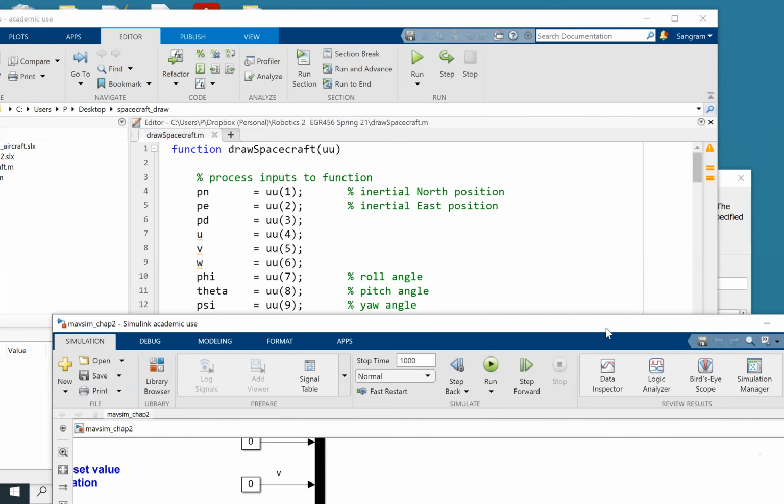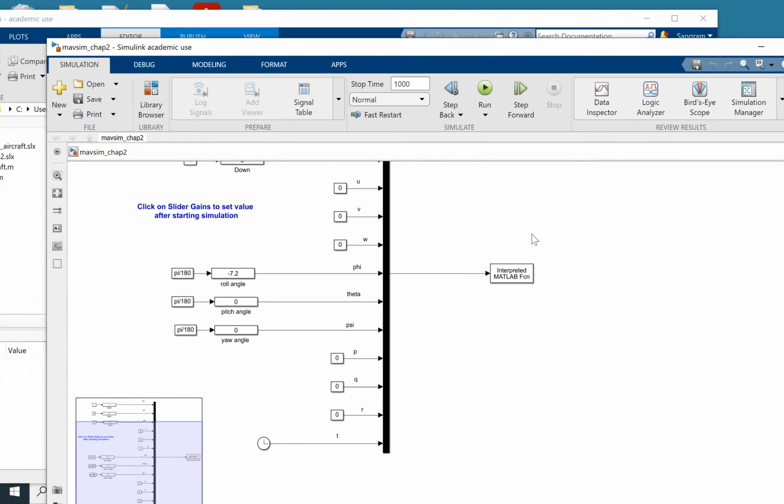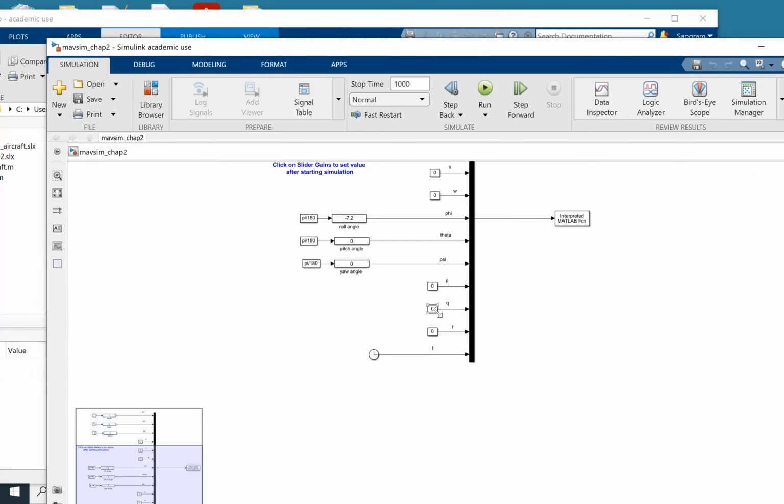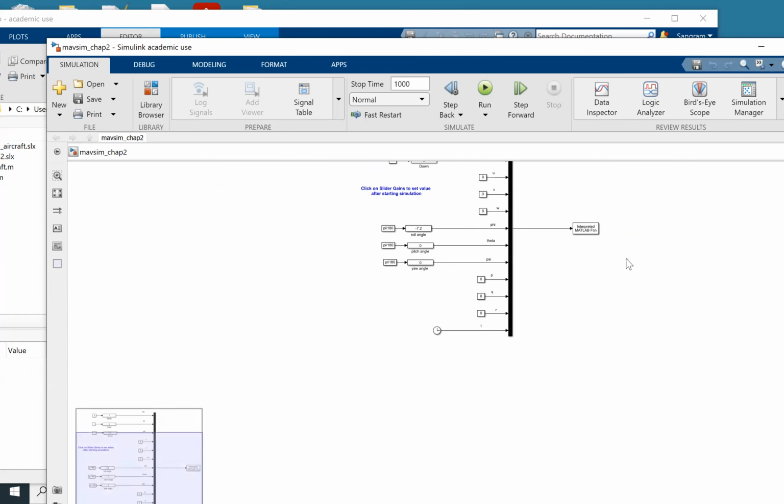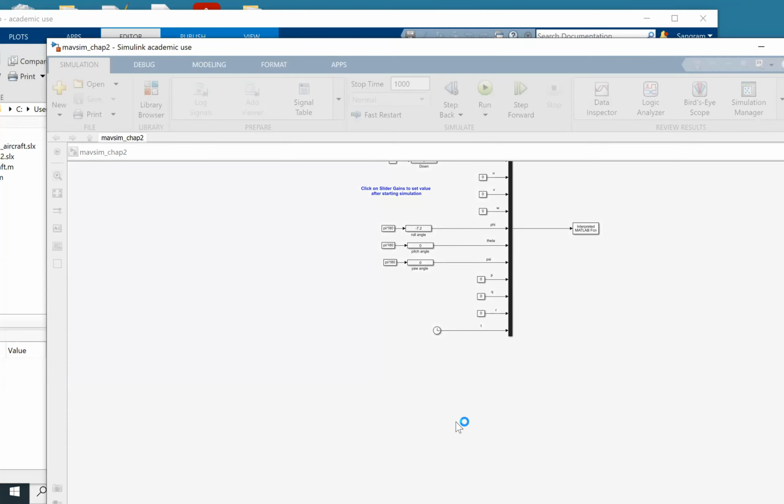So what I'm going to do is, let me run this code. And what you can see that all these inputs are actually sort of clubbed together into a bus, and that vector is fed into the Simulink function. So I'm going to run this code, and then what will happen is this code will run,